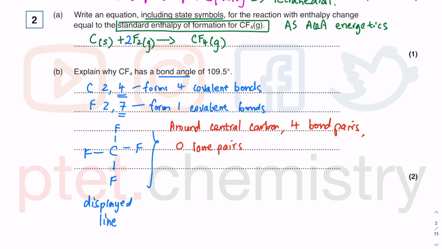You have none left in the outer shells. So therefore, the 4 bond pairs repel equally. If the 4 bond pairs repel equally, you're not going to get a 2-dimensional structure, but a 3-dimensional structure, which you call tetrahedral. Tetrahedral is a 3-dimensional structure where the bond angle is not 90 degrees because they are